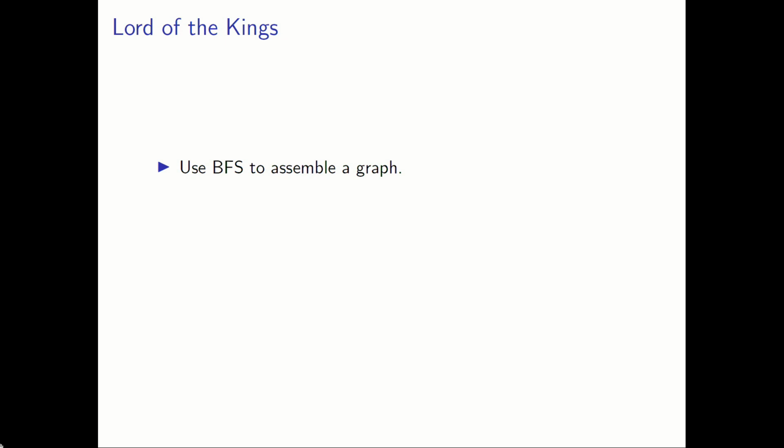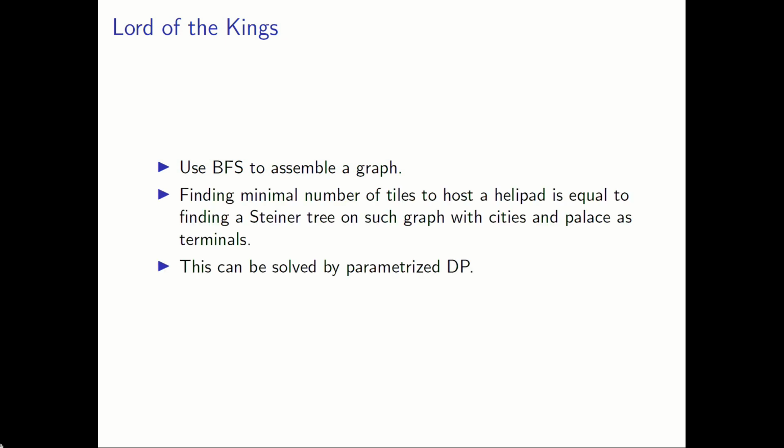Okay, so in the problem of Lord of the Kings, we first start with creating a graph which represents the particular movement pattern, and then finding the minimum number of tiles to connect all interesting vertices is basically equivalent to finding a Steiner tree which connects these interesting vertices, which are cities and the palace. And thanks to the size of the problem, we can solve this by